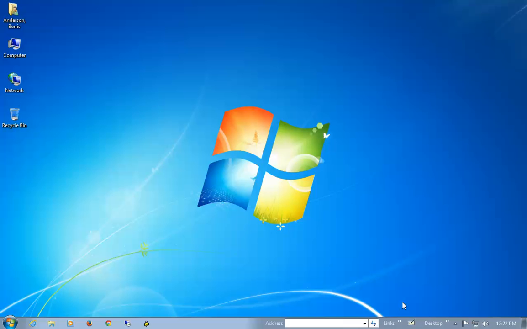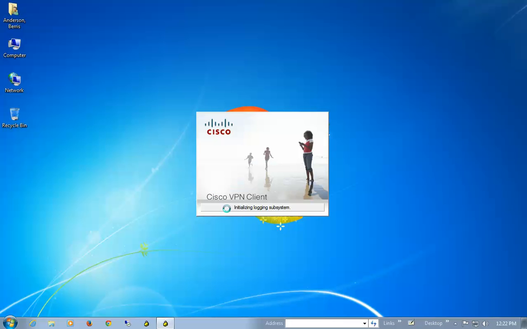Hello, my name is Barris Anderson, and I'm going to be demonstrating the New York Times International Weekly Translation Workflow on the Windows platform. The first thing to do is to find your VPN application, launch it,